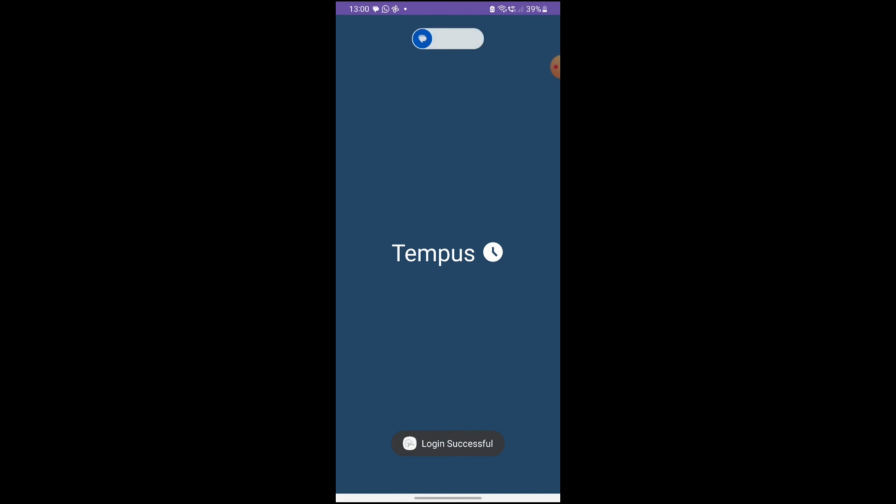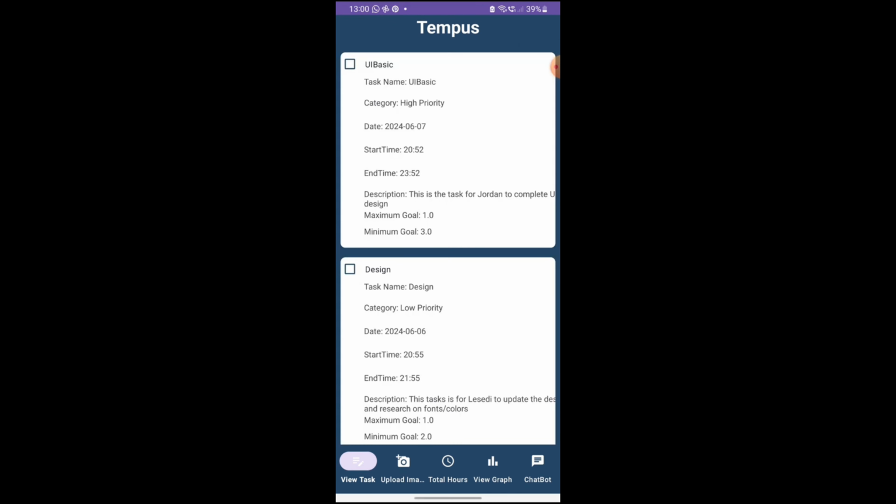So when I log in, the user, it takes us into our splash screen, and from the splash screen, it then takes us into the TEMPUS application. So basically, this TEMPUS application is the home screen, where you see the tasks that have been entered by each user. As you can see, if I scroll down, these are all the tasks that have been entered